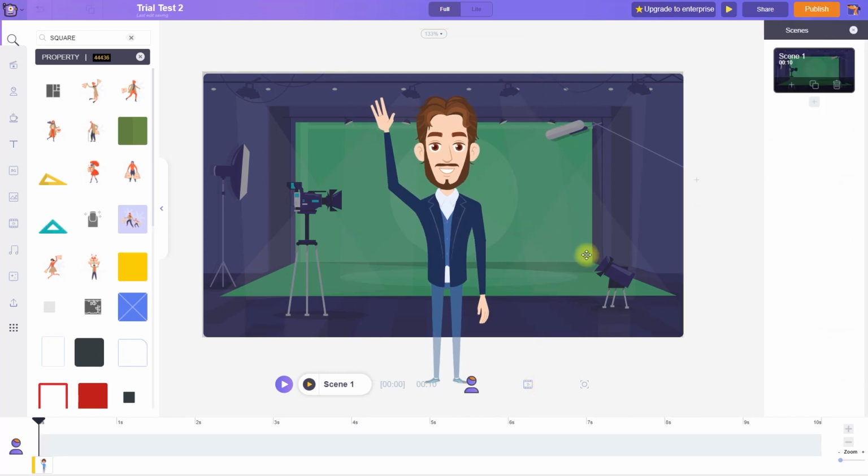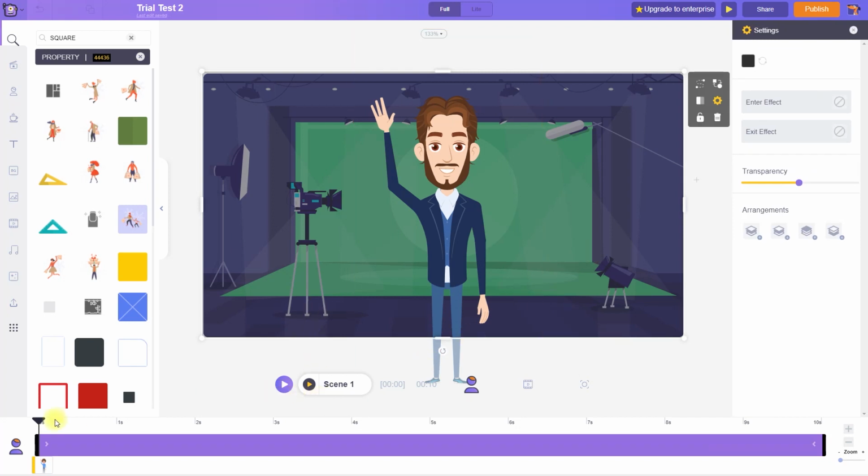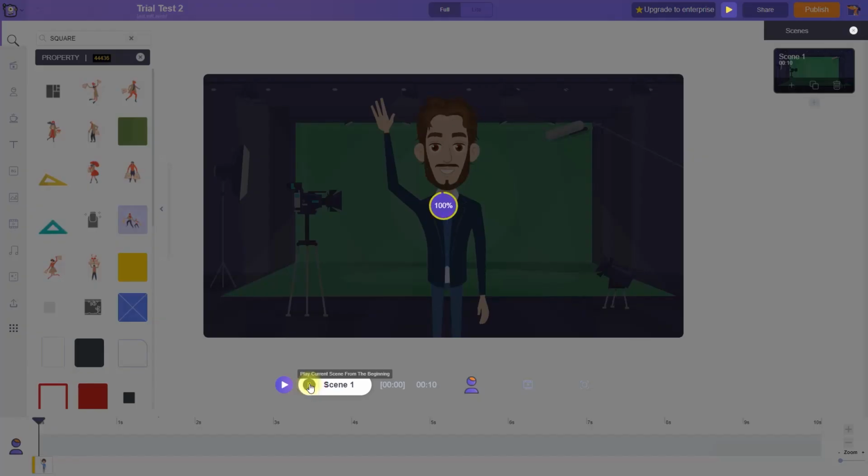Now I'd like to animate this one. First we'll click on the play button to see how it is playing. You can see there are 3 play buttons, 1, 2 and 3. This play button, the purple one, is for playing from the playhead. So if my playhead is placed in the middle, it will start playing from there. And the yellow and black one is from the beginning of the current scene. And this on the top is for the entire video. Okay, we'll be playing from the current scene. So we'll click on the middle one.